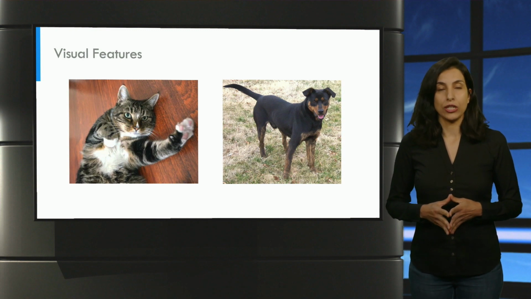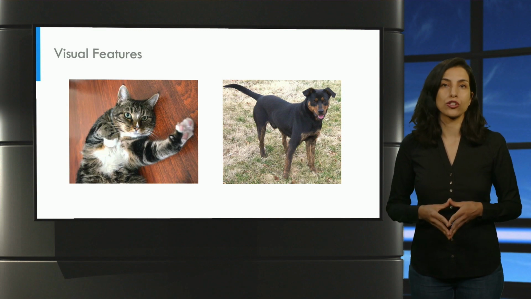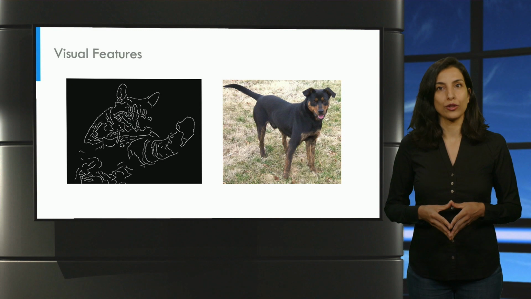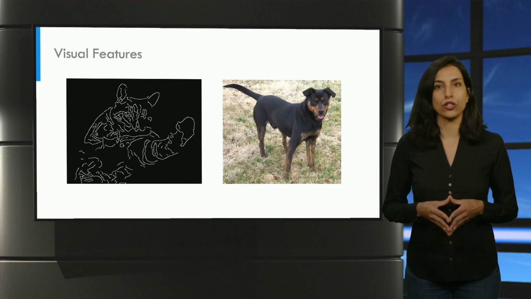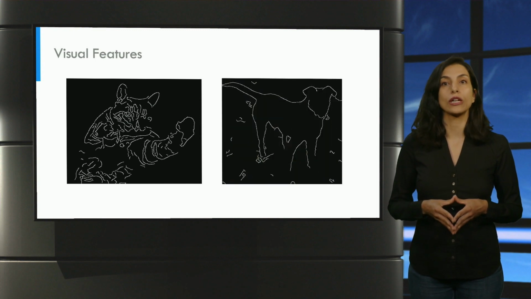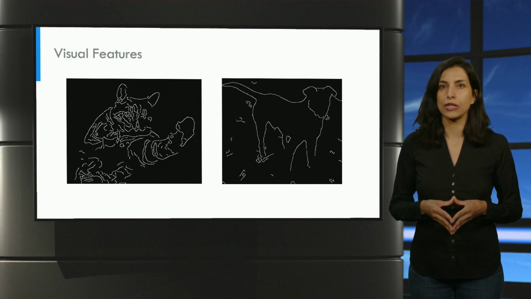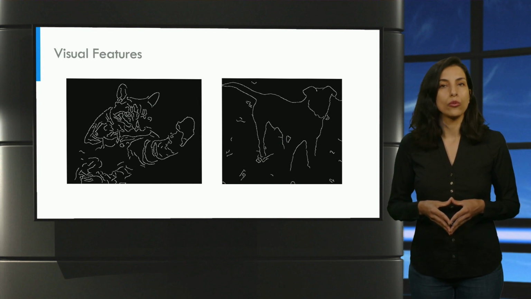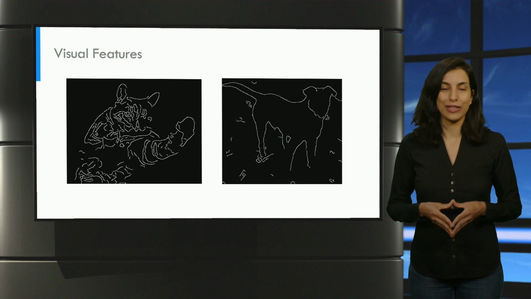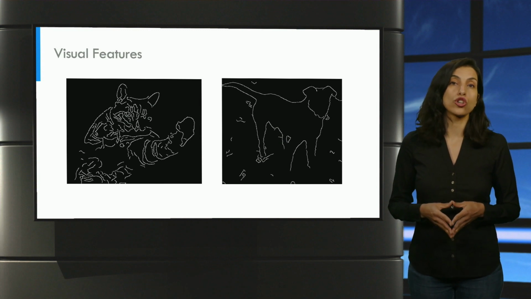Let's apply an edge detection filter to these images. These kinds of filters are also used in software packages like Photoshop. On the left, our edge detection filter can pick up edges that are determinant for the shape of the cat. The same goes for the dog. You see that a simple filtering operation can extract the visual features that are essential and even sufficient for classification of objects in an image. We looked at one visual feature, the edges, in this example. However, more visual features can be used for the classification. For example, texture and colors.